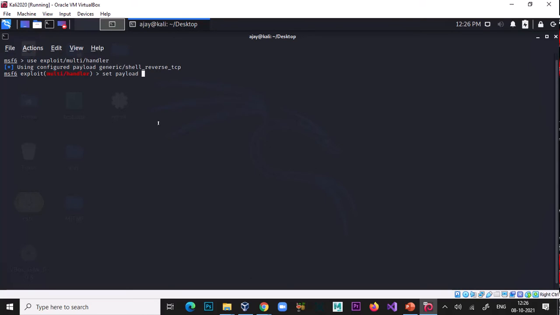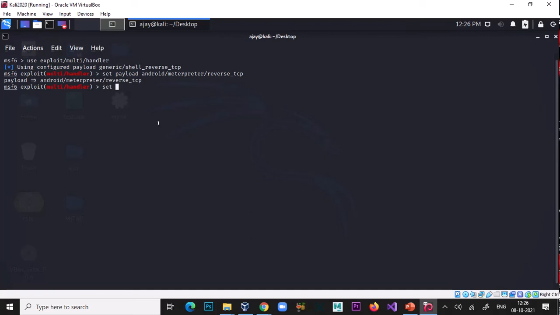You have to just type android and press tab, and meterpreter reverse_tcp, and hit enter. Okay, that is fine, that is working.